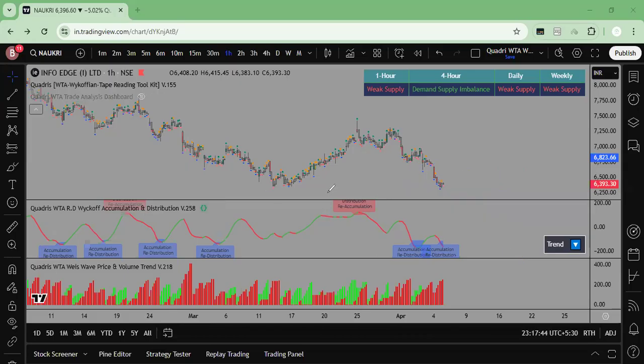So the main objective of doing this kind of analysis is finding out key areas where the price has the probability to hold, or should hold. In this particular thing, you can see we have broken down and came down, but we cannot continue the downward journey. Then we came up again. We are touching this accumulation line and accumulation area, and then we are not able to hold this level. If that is the case, then we are expecting this kind of move.